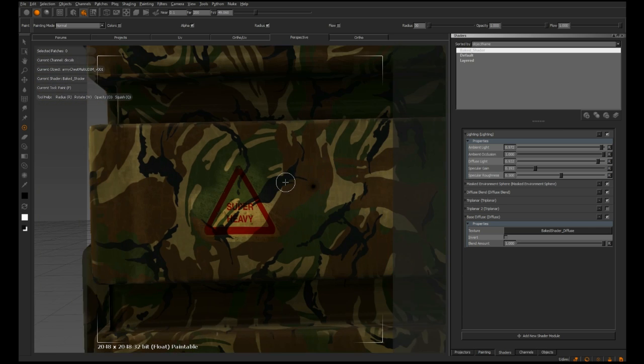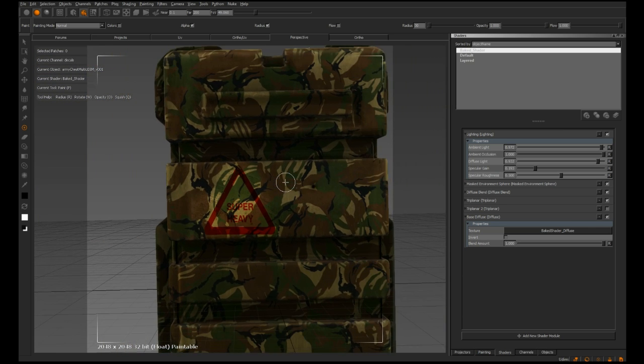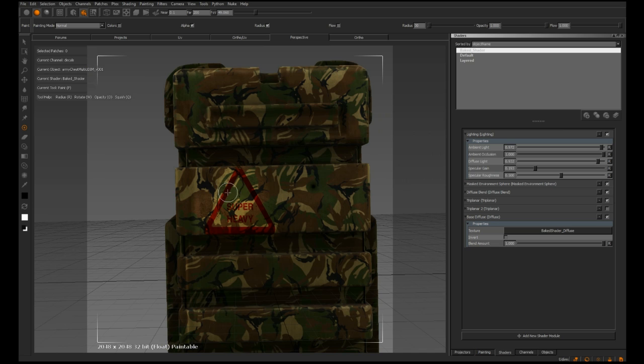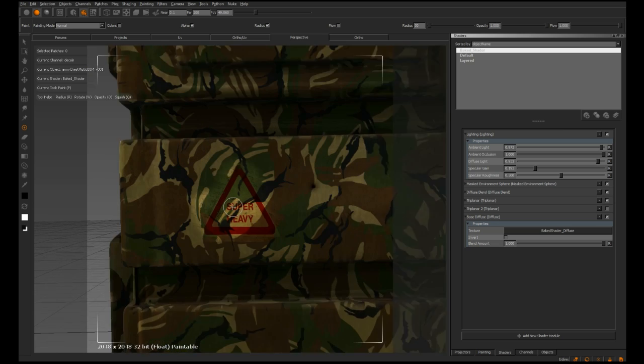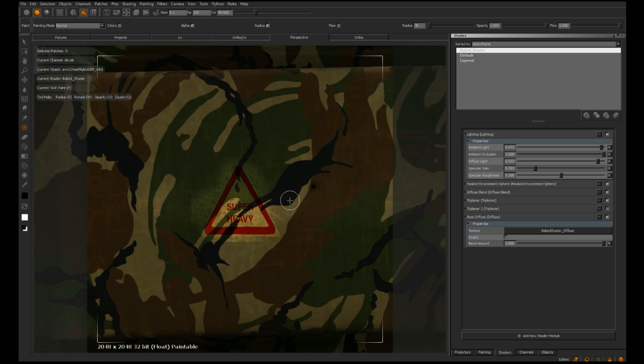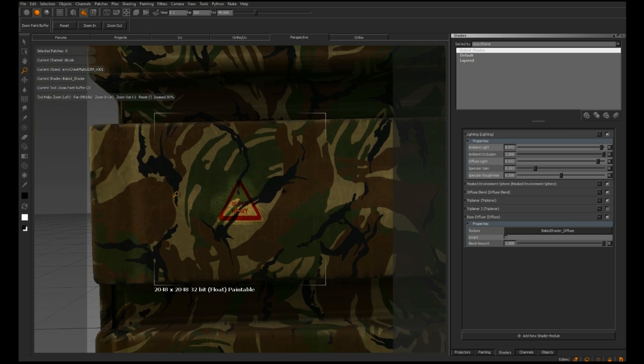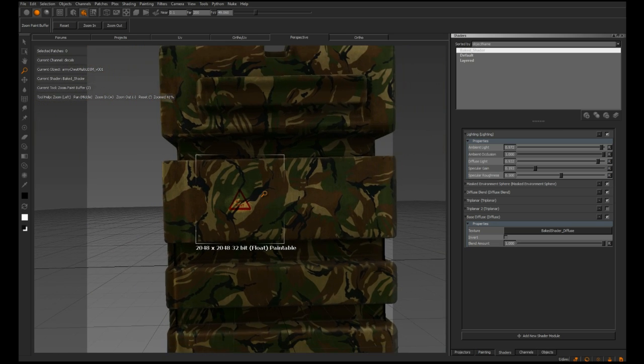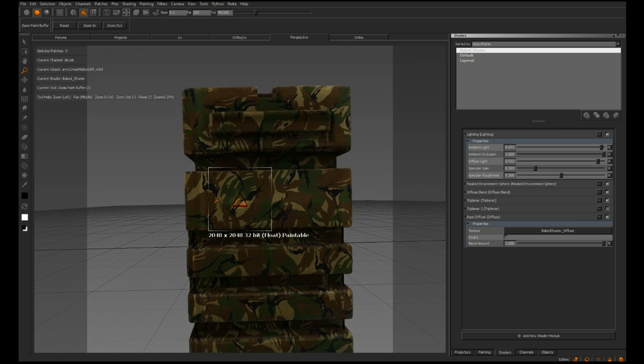However, if I zoom out at this point, because the buffer is essentially stuck to the screen, the image gets bigger as well, which is not what we want. So I'm going to zoom back in to replace it back to where it was before. I'm then going to come up to the left-hand side and grab the new Zoom tool. The Zoom tool allows you to zoom the camera out from the model, but the buffer remains the same size. So actually zooming out from both here, and you can see that I get to see my painting with respect